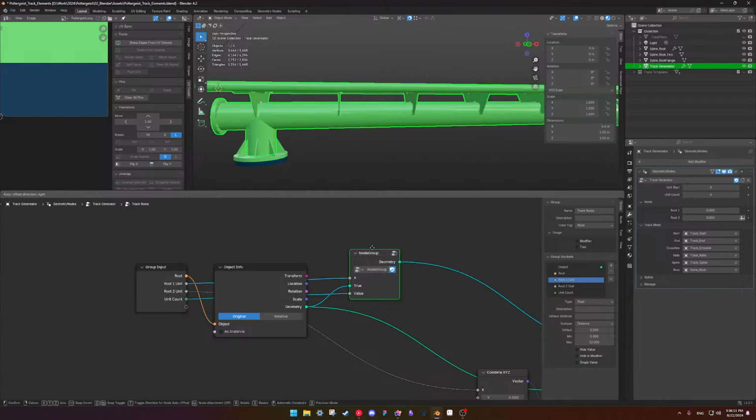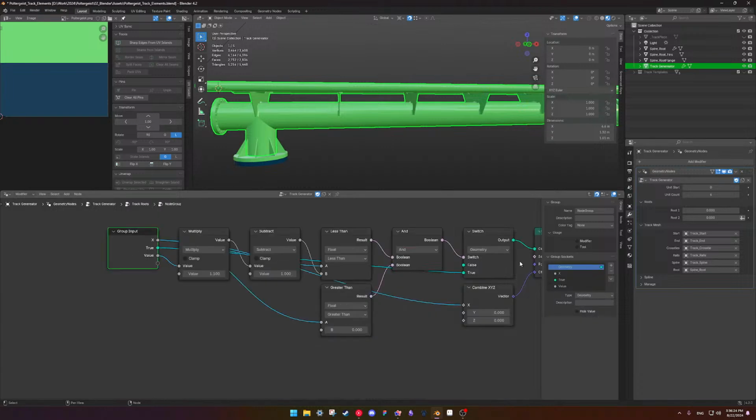So X is going to be unit 1. Value is going to be unit count. Root 1 unit count. This is an integer.